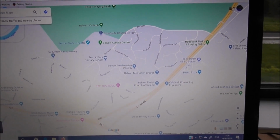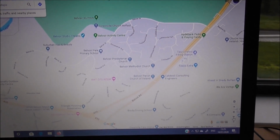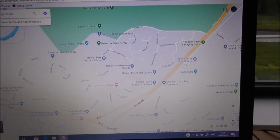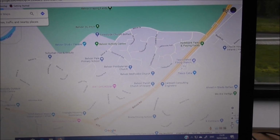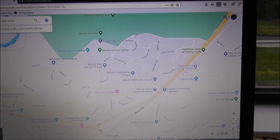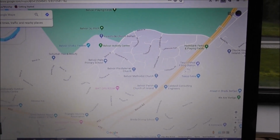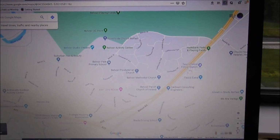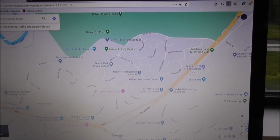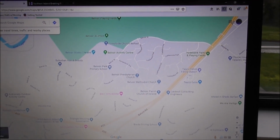Belvoir Estate was probably built from the early 60s, at least the main drive was, and it was out in the countryside, and the closest shops were at Supermac. Remember Supermac? Again, where Forest Side is now. So this is Belvoir Estate, and whenever you look at it, you're probably saying to yourself, where does the name Belvoir come from? Well, the name Belvoir